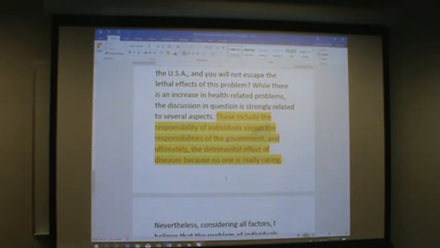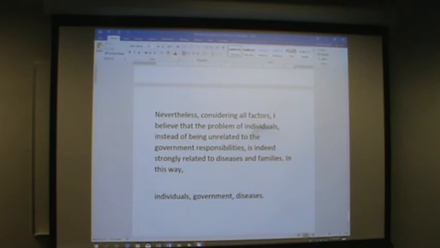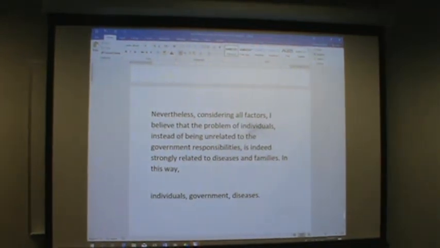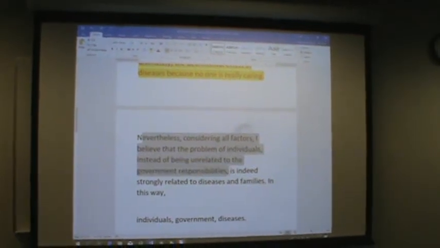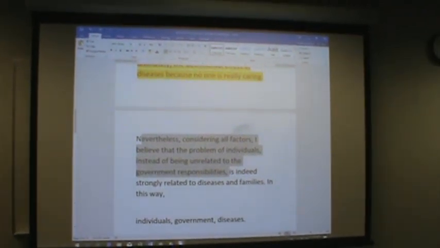So, nevertheless, considering all factors, I believe that the problem of individuals, instead of being related to the government responsibilities, is indeed strongly related to diseases and families. In this way,